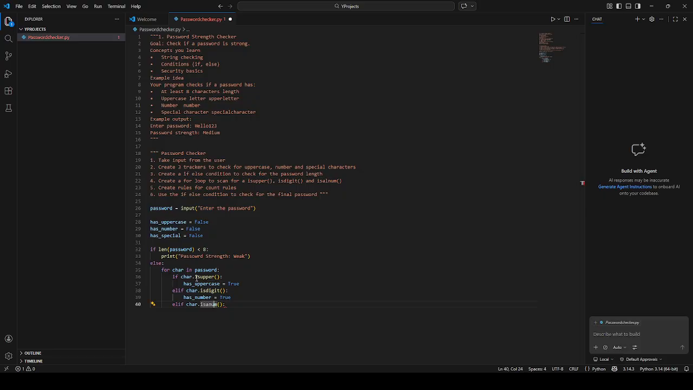Then for this it's going to have to be not char dot isalnum, so that we can satisfy the condition, and has underscore special. By condition I mean it's going to check if all of the characters are letters or digits, and if it is not, it means it has a special character, which is true. Okay, so now we have completed the